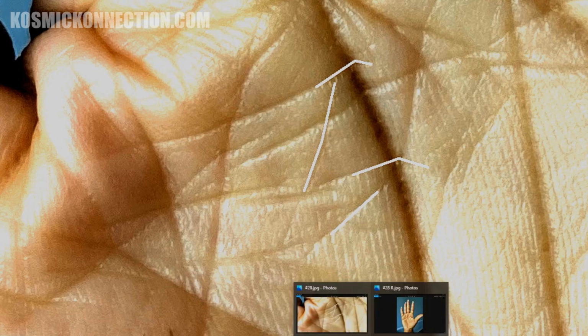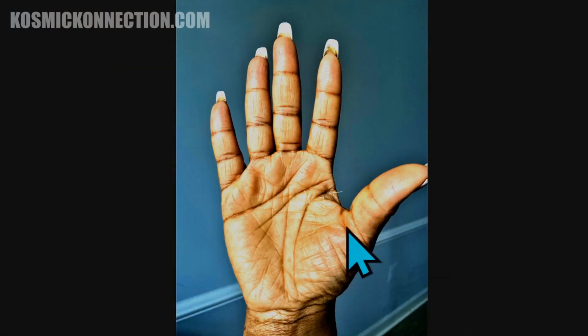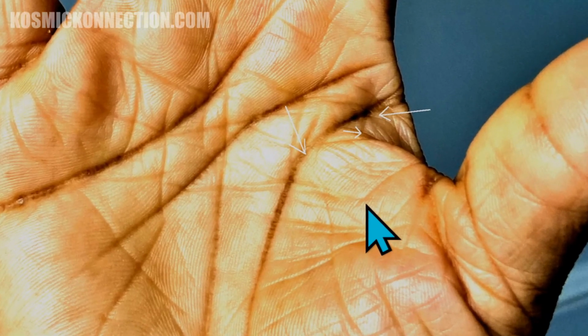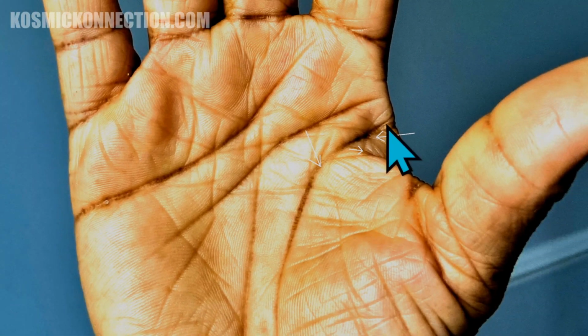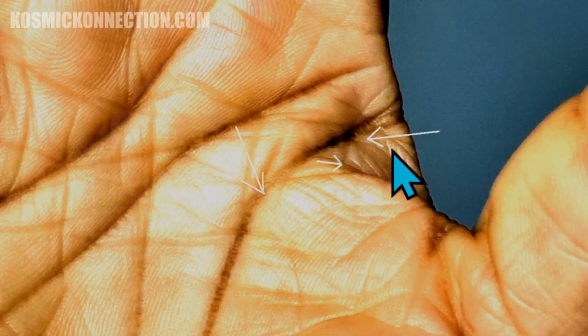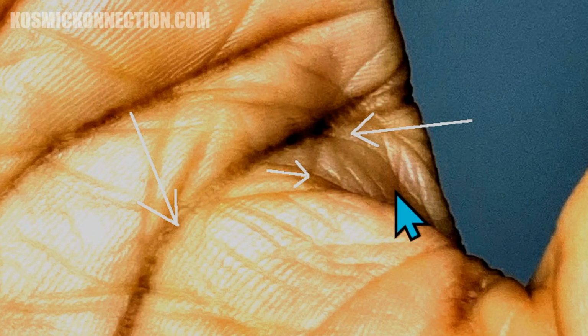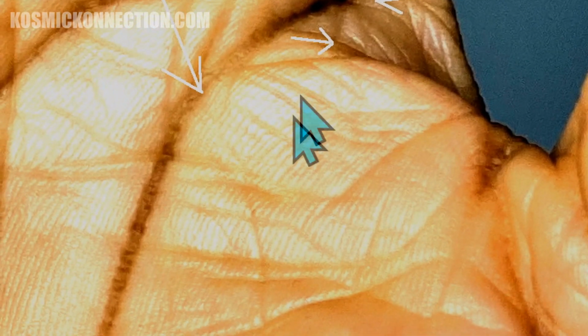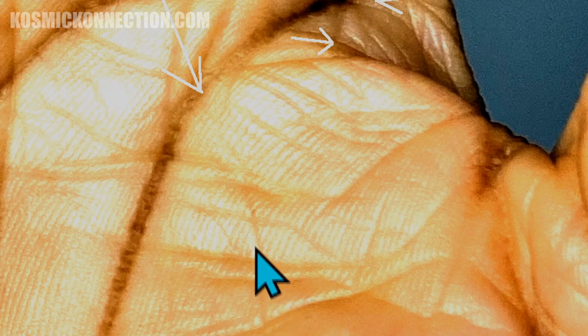Now, if you've had a visit or any kind of intervention from your guardian angels, it'll show in your right hand. These are the same lines as in the left, but they run parallel to the lifeline, and they travel up and eventually touch on the lifeline. The small intersecting lines are not present in the right hand because that line reflects the death of a loved one. Now, these show a visit or some kind of intervention or interaction, such as if maybe you received a warning that caused you to avoid an accident or something tragic, or you were in a bad accident and survived, or if your guardian angel just came to check in on you and give you a message in a dream or something like that.